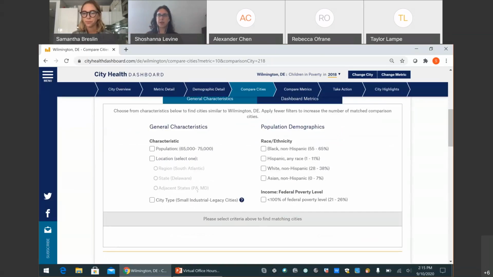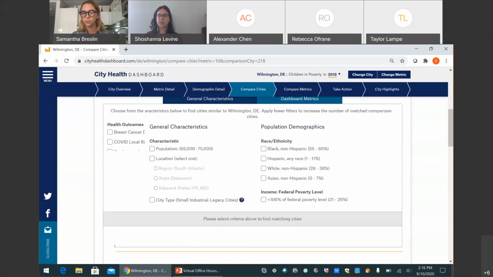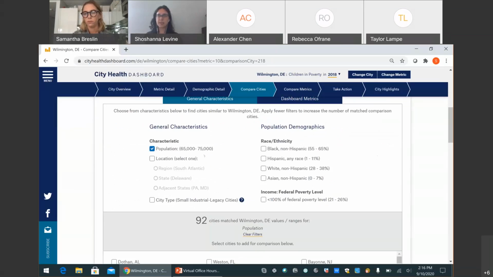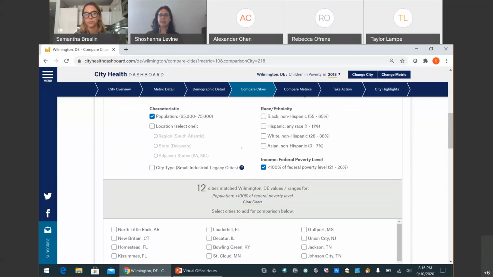There's different general characteristics about the city. You can compare by dashboard measures, and these are different filters. And as you put them on, you'll get more or less cities come up. So this population, there's 92 cities in the same population band. And when you look at the federal poverty level, that goes down to 2. But interestingly enough, and I can show you quickly what those cities are, but interestingly enough, the dashboard conducted a